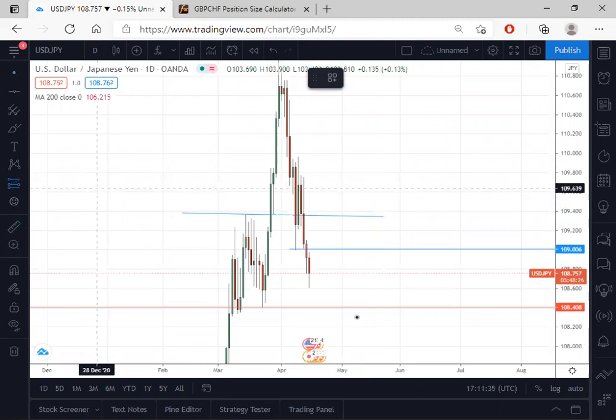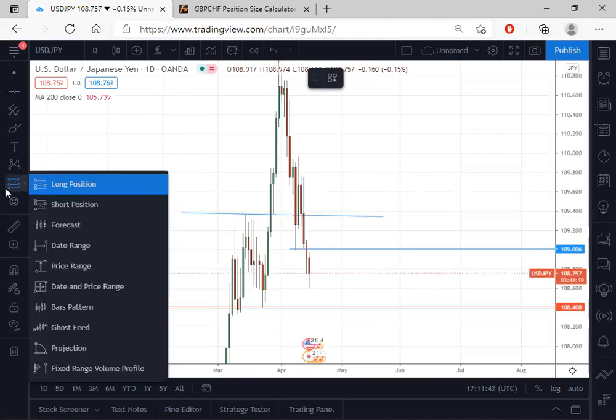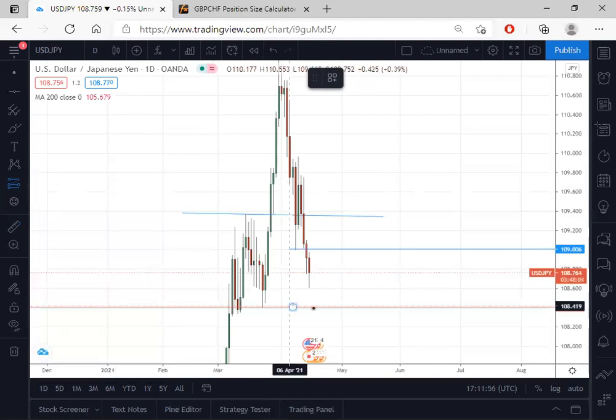trade run. So we'd go on to these prediction measurement tools. I haven't used all of them myself, and for me, I only use one or two things in any case, because I hate to complicate things. So the long position, you just click on long position, and you just throw it onto where your entry is supposed to be, and